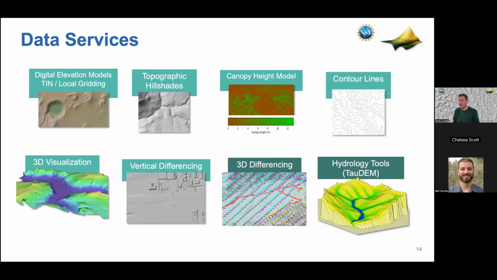Derivatives of those topographic data sets, such as hillshades and slope maps and other things. We will compute the height of the trees, which is called a canopy height model. Contour lines, there's a tool for visualizing the point cloud data in the browser. We have some more sophisticated tools related to topographic change, so intercomparison of overlapping data sets. This is what we'll be focused on in the 4th webinar in this series. So come back in a couple of weeks if you're really interested in this topic.